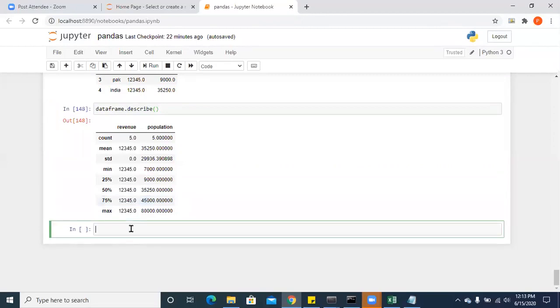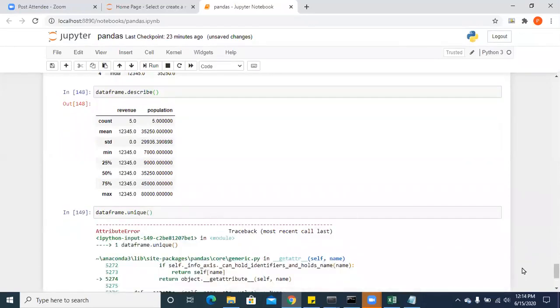Now we have another function called unique. So data frame dot unique. So you have to give the column name also.